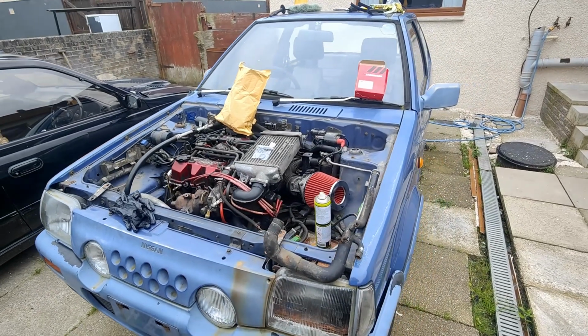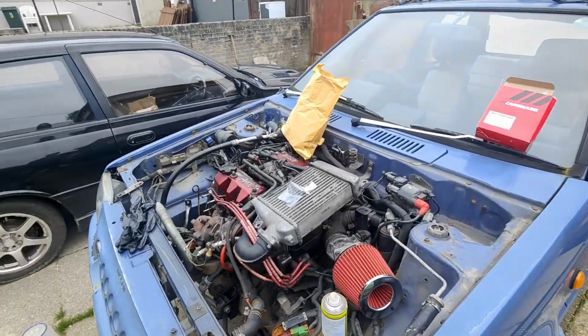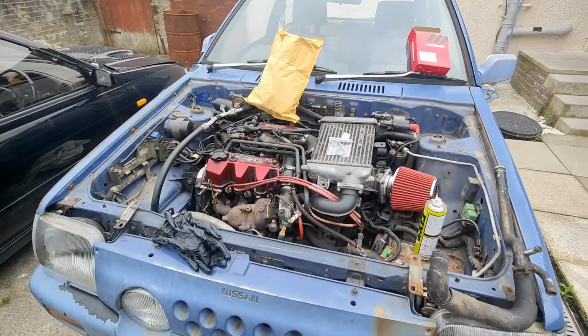Back in a familiar place here on the Super Turbo, still getting to the bottom of some coolant issues. Basically I thought everything was done, and it just happens to be that when I was flushing the old system and cleaning it out and filling it with new concentrated coolant, I got a bit lazy and left the jug, the clear jug, this one,